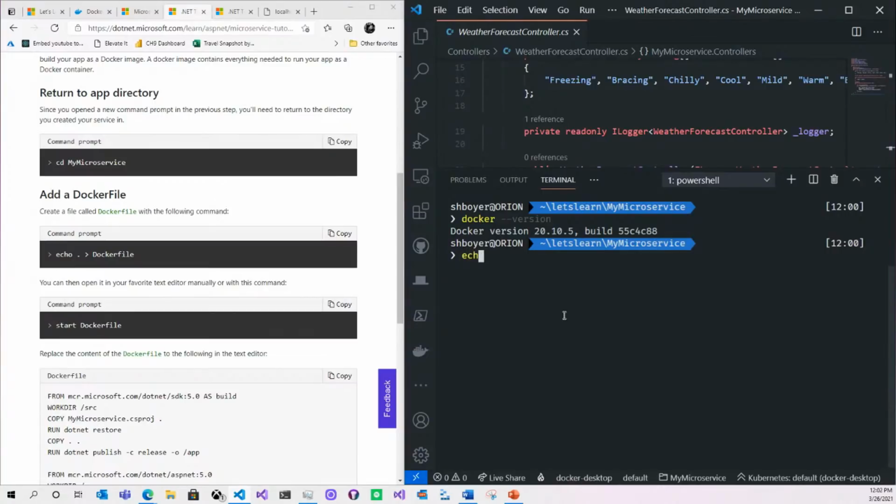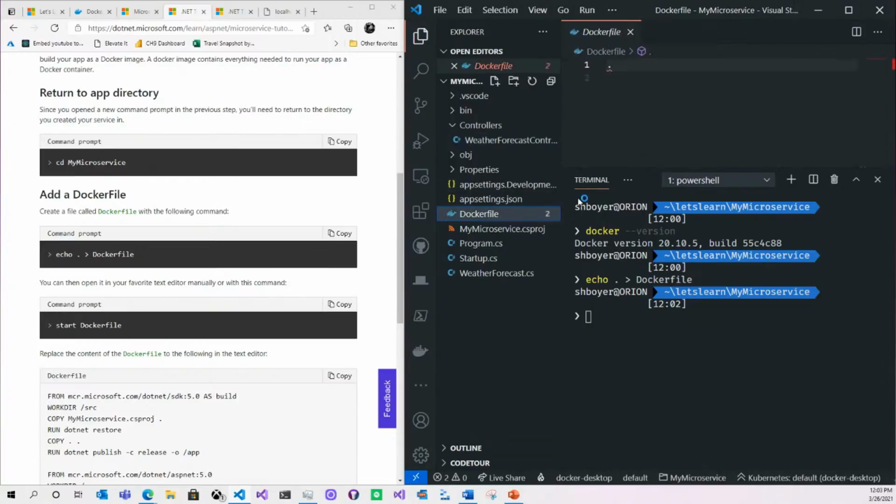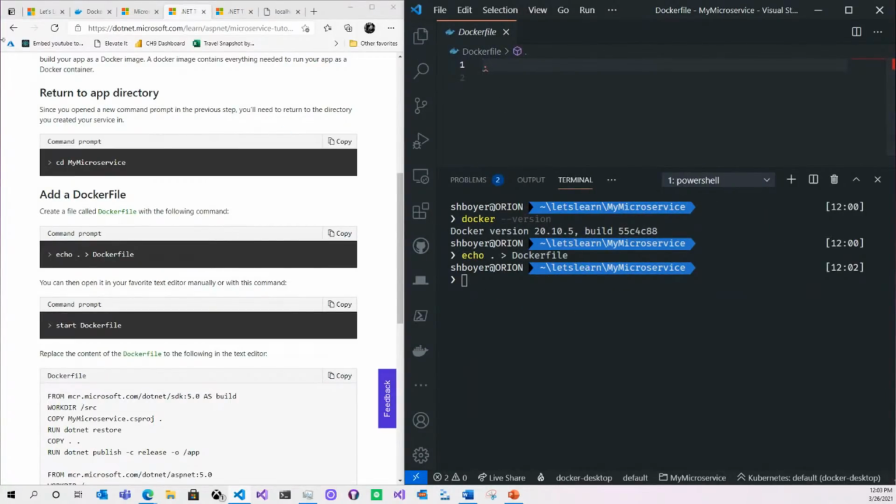And we can just use the echo dot here, and we'll say we want to create the Dockerfile. And if I think it's this, no, sorry. If I go up to my things here, you'll see we have a Dockerfile that is in fact empty. And that's what we're going to go ahead and add